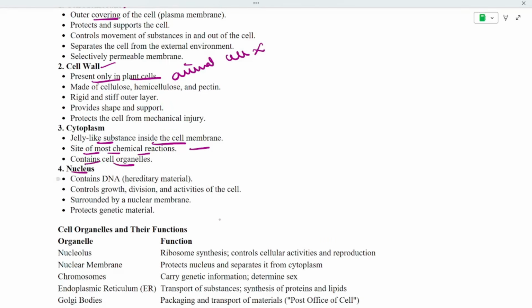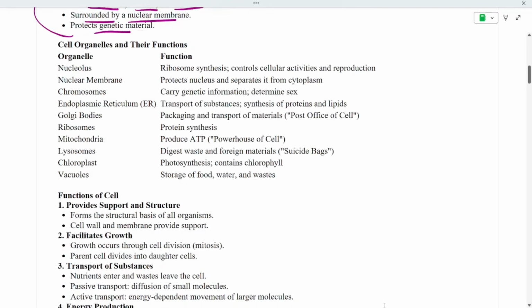Okay, next is the nucleus. It contains DNA, which is the hereditary material, and it controls growth, division, and activities of the cell. It is surrounded by a nuclear membrane, and the genetic material that is present will be protected by this nucleus. Okay, next, if you can see, the nucleolus is for ribosome synthesis, the nuclear membrane